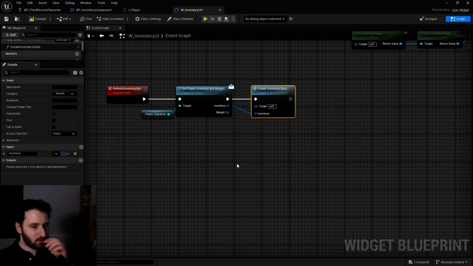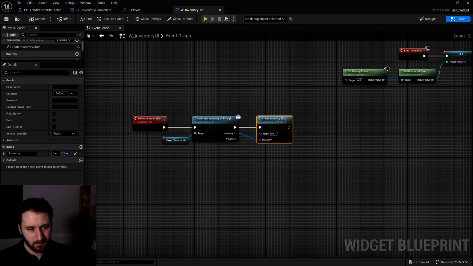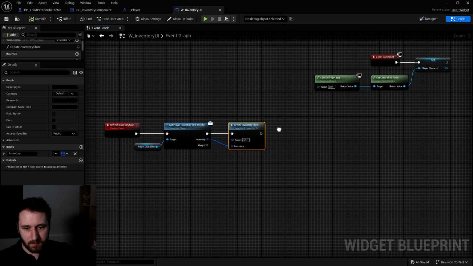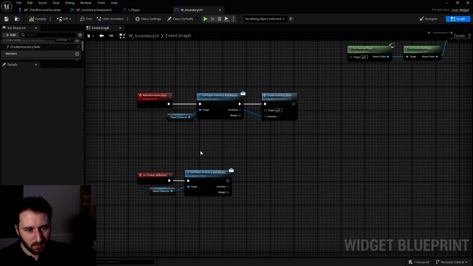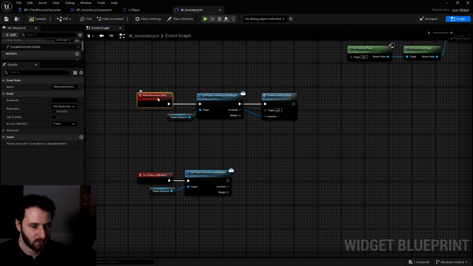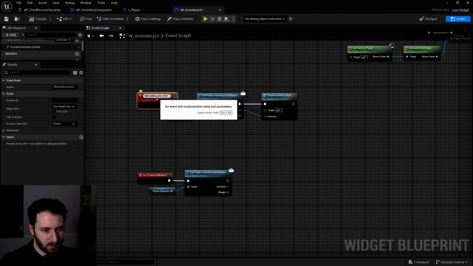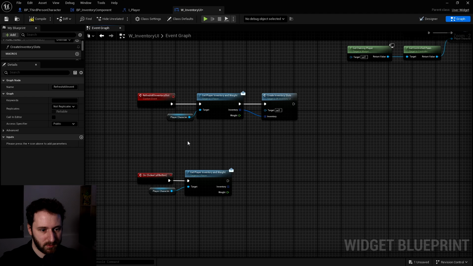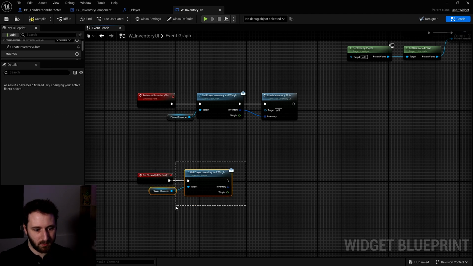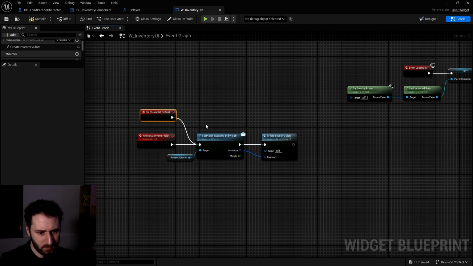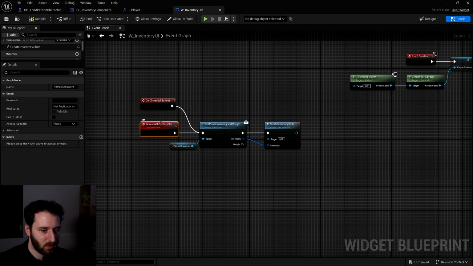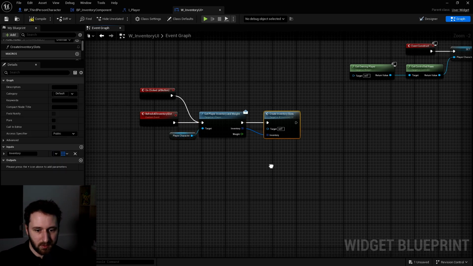So it can be an inventory filtered or not. And now, for example, on click of the all button, we can call this refresh inventory slot. Let's rename it refresh all inventory slot. That will do it. I think I can maybe just do this. Is this possible? Yeah. So when we click on the all button, if we call this refresh all inventory slot, it will get our entire inventory and create the inventory slots.